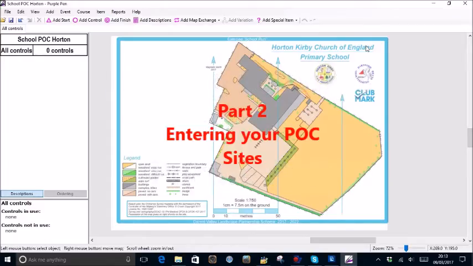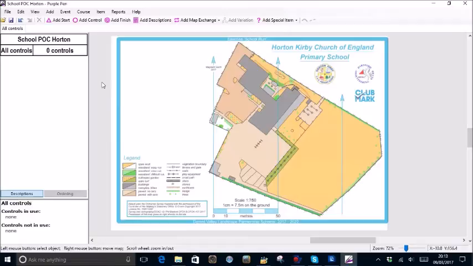Well, now you've got your school map set up in Purple Pen, it's time to show you how to add your permanent or interior course sites. And you do that by using add controls. But before I do that, there's a big advantage in blowing up